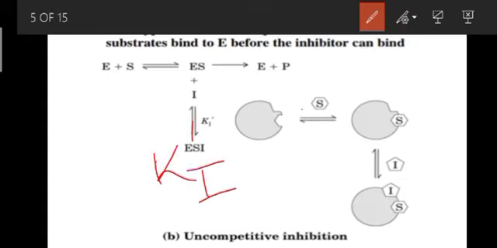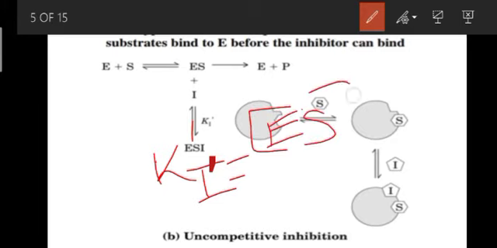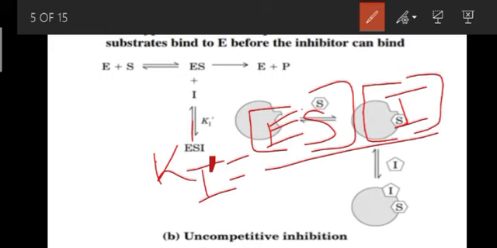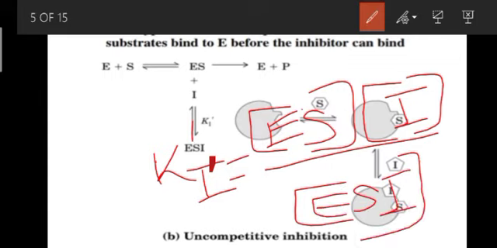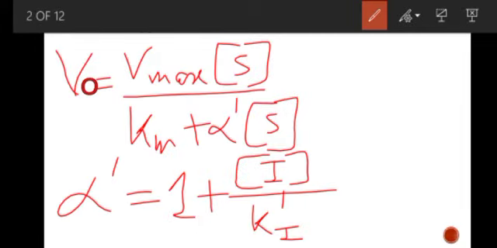K suffix I dash is equal to the concentration of E multiplied by the concentration of inhibitor, divided by the concentration of the ESI complex. As described by these equations, the Michaelis-Menten equations of an uncompetitive inhibitor, at high concentrations of substrate,